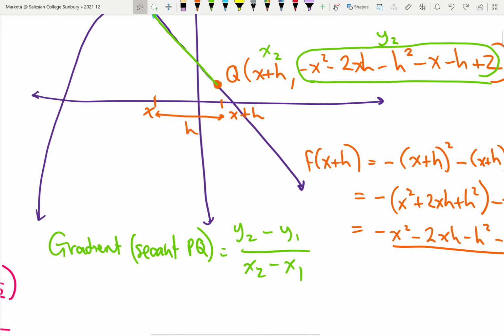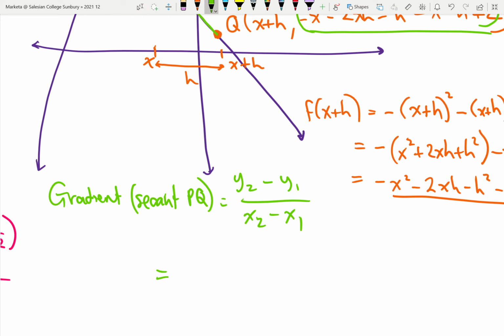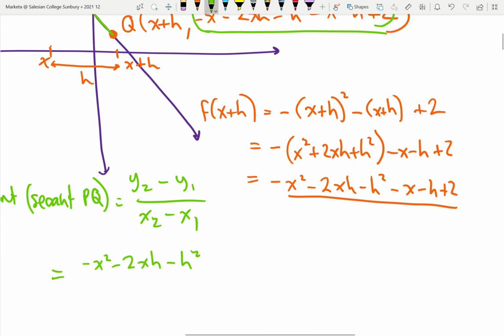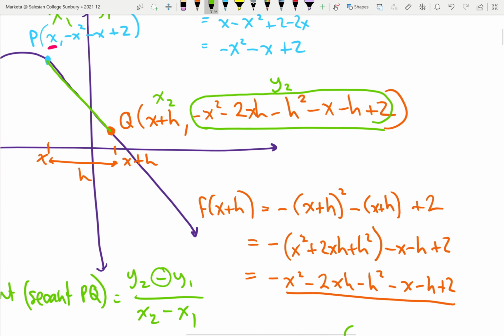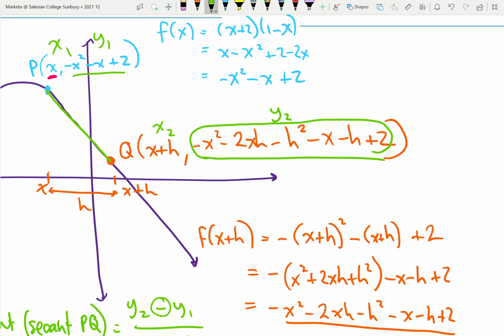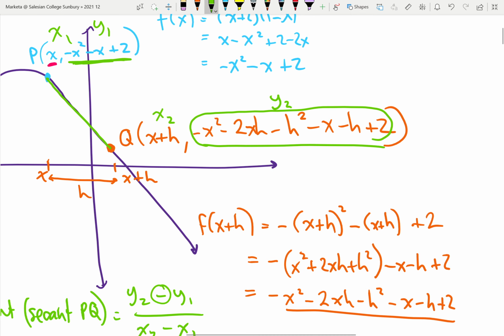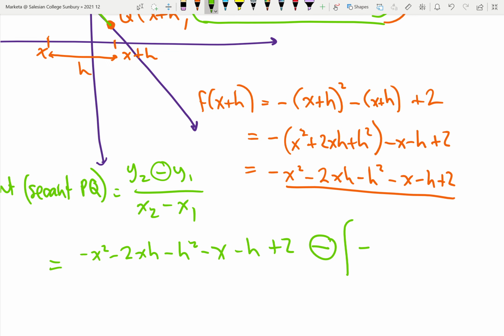So let's do it. So y2 is neg x squared minus 2xh minus h squared minus x minus h plus 2. And now we're going to subtract y1. I'm going to put it in brackets. And you absolutely need to put it in brackets because you've got to subtract all of that, not just the negative x squared. So neg x squared minus x